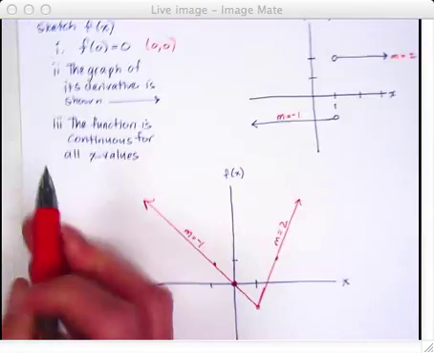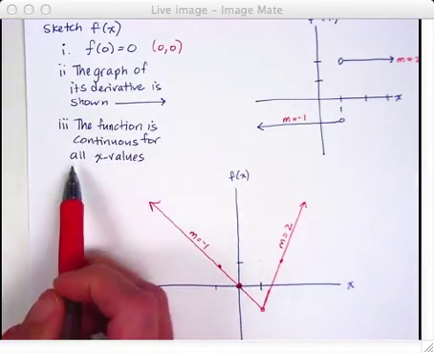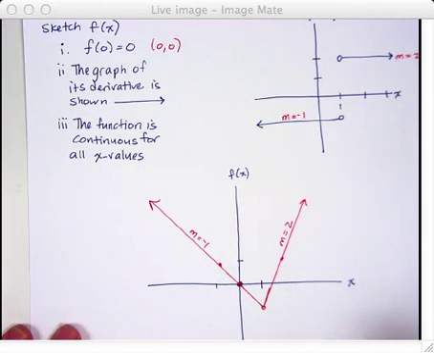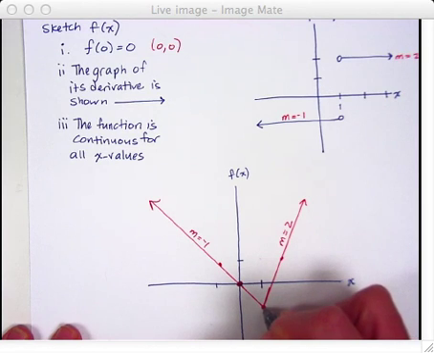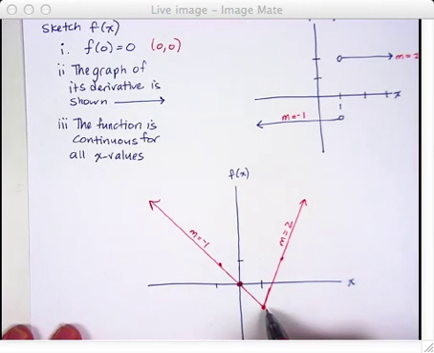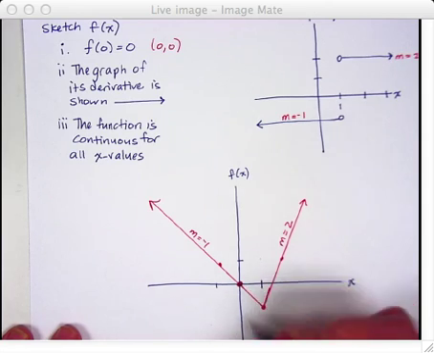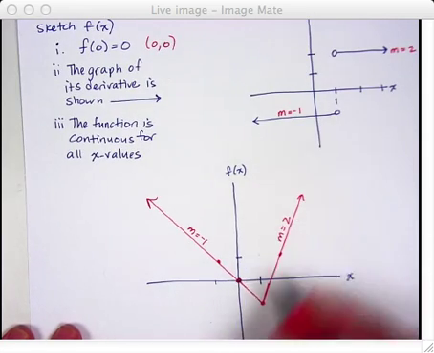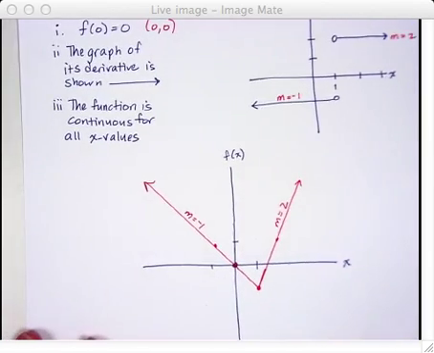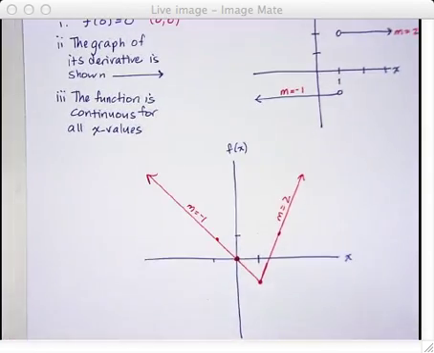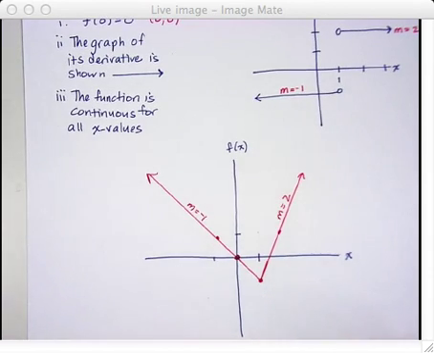And this last part says the function is continuous for all x values. That means I can't have any breaks or holes, which means right here, notice that I can't find really what the slope is at that particular point, because on the left side of my point, the slope is -1. On the right side of my point, it drastically changes to +2. There's no gradual change in the middle. So I'm just going to fill that in with a point, and now I have my solid function. So in summary,